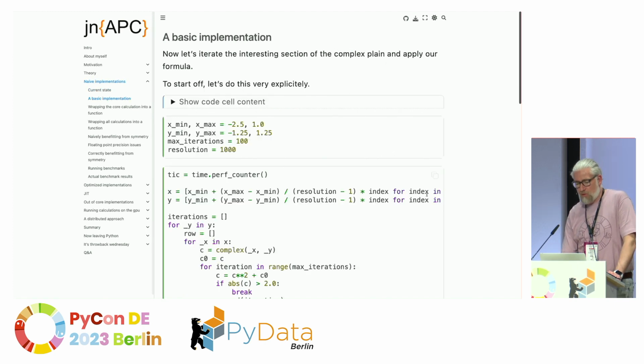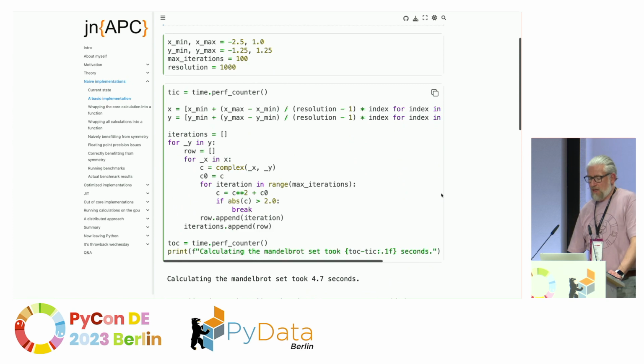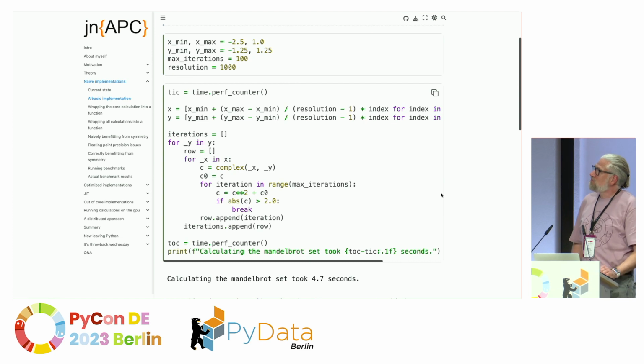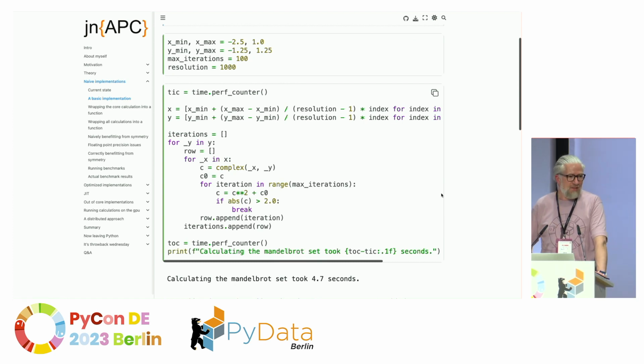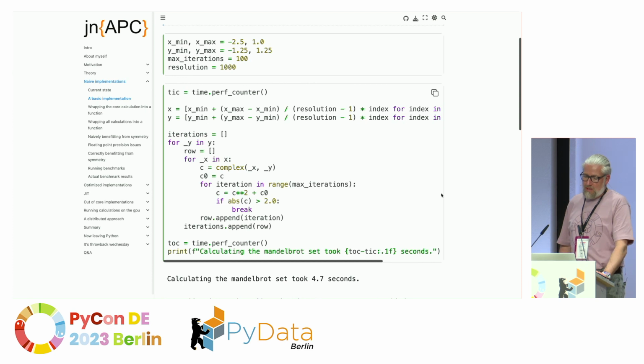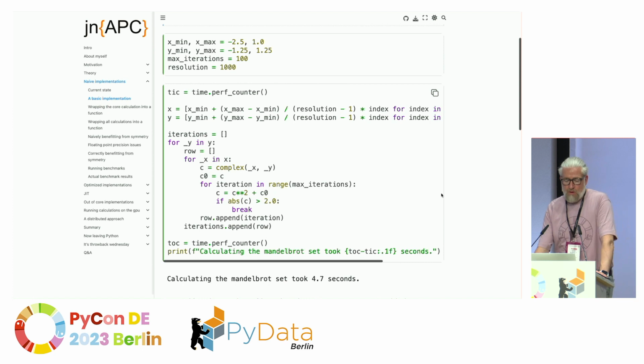So let's adjust our implementation just a bit. This is the most naive implementation you can think of in Python. If you start doing Python, then probably that is what you would write down. At least that was almost what I've written down years back. So what we're doing here is we create, based on some interesting parameters, our view for the x and y axis, standing for the real and the imaginary part. So this here gives us a list of numbers, pretty much like NumPy linspace would generate them. And then all you need